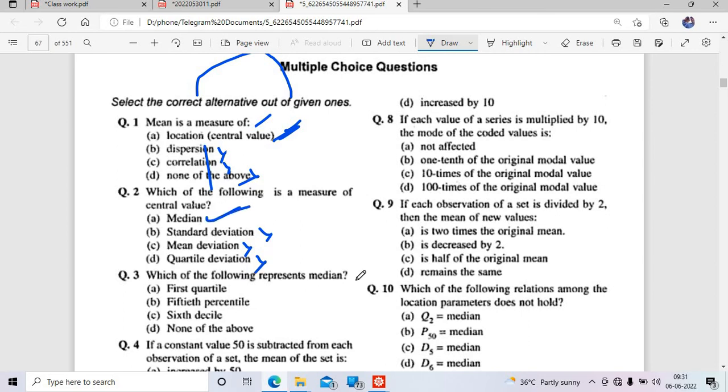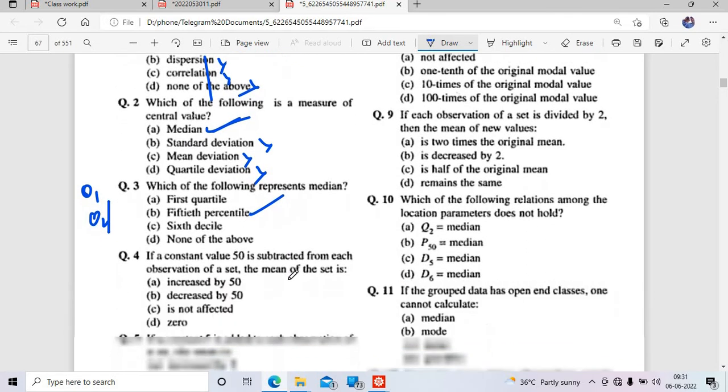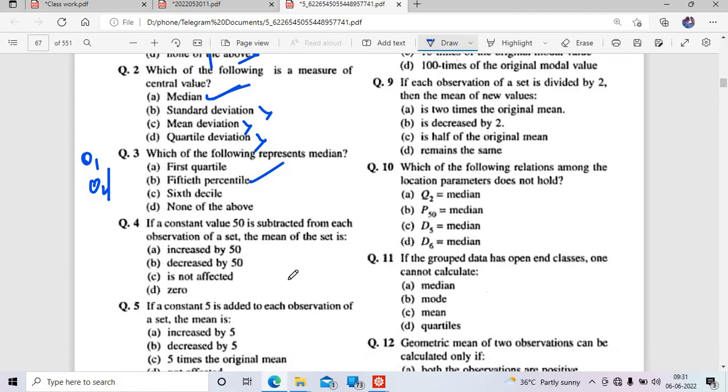So which of the following represents the median? I already told you Q1, Q2, Q3, Q4, so it is Q2. That means 50%. So median is the 50%. If the constant value 50 is